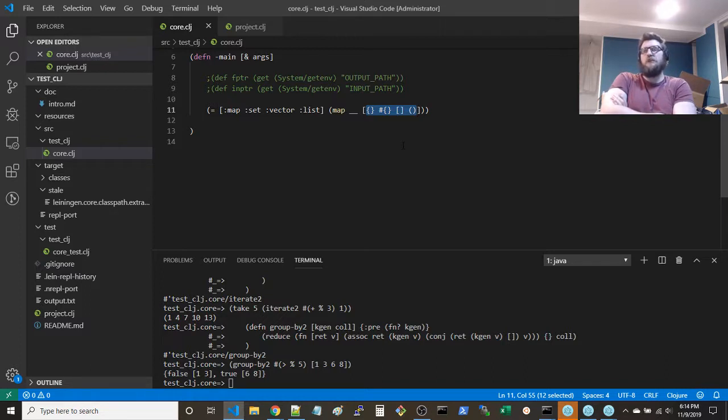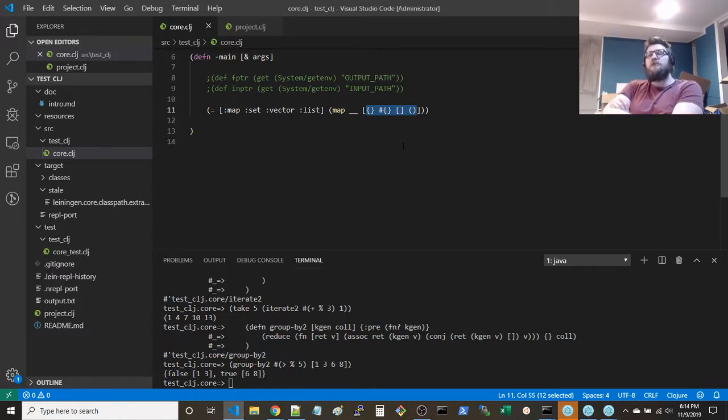So a sequence. What's unique with respect to a sequence? It's different from a vector. Something you can do with a sequence, but you can't do with a vector.